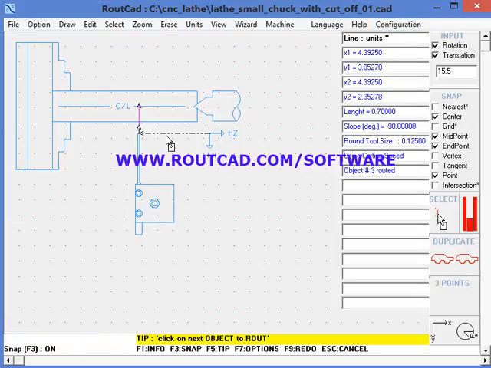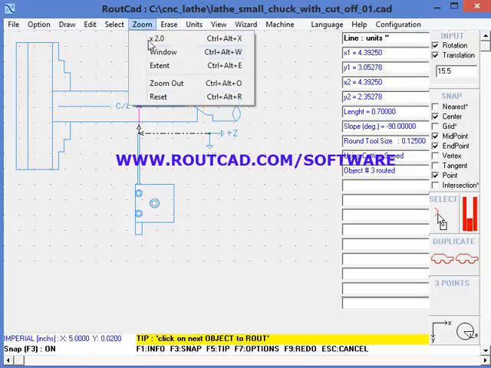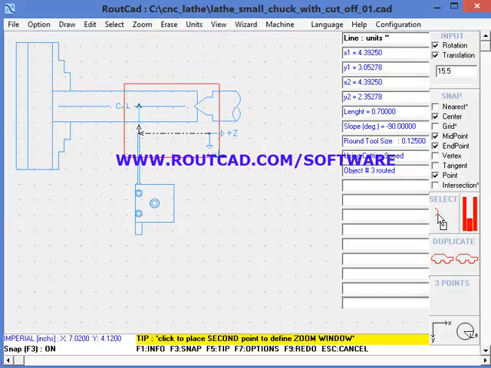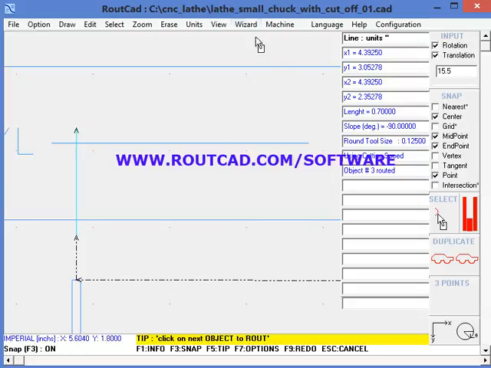Now, if we do it this way, it's fine, except that when it finishes, the cutting tool will stay there. But we don't want that. When it finishes, we want the cutting tool to retract and pull itself up again. So let's do that. We can simply go to Zoom window,